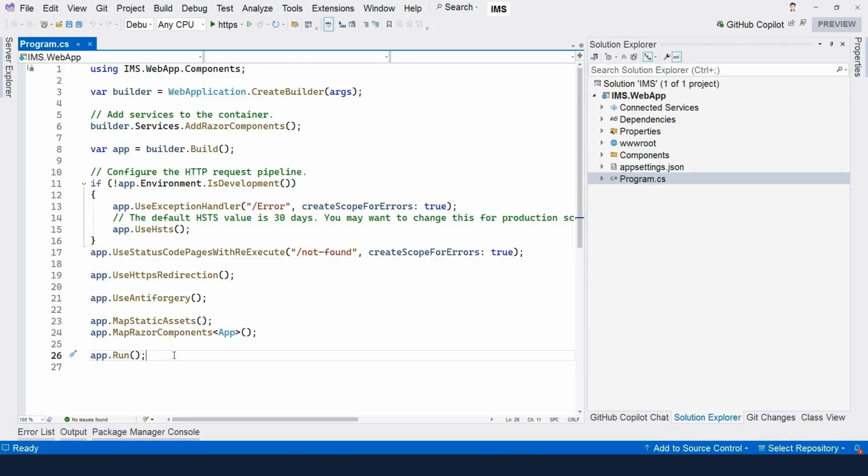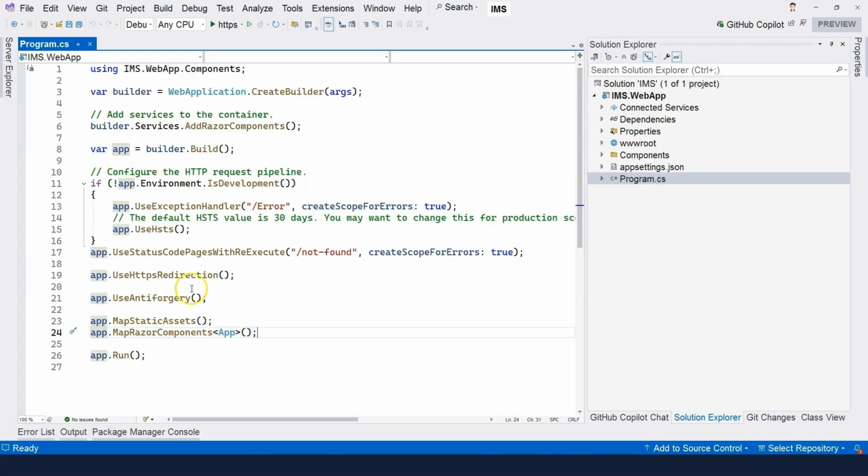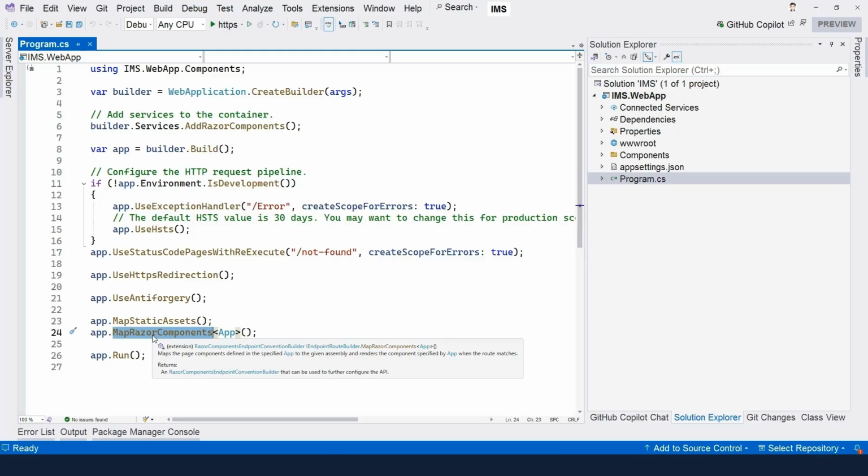And when it runs in a loop, it listens to the incoming HTTP request. When an HTTP request comes into the application, it's going to be picked up by the application, and then it's going to go through all of these lines, that is after line 8. Each one of them performs its own functionality and takes care of different things. But when it comes to the last line here, MapBlazorComponent, it's going to map the HTTP request to